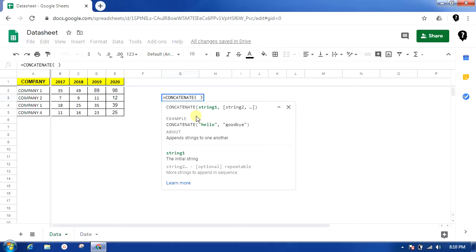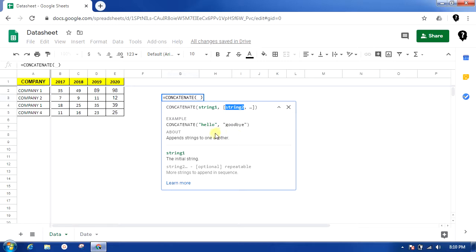Now see here, it has given us the prompt that it requires string 1, string 2, and whenever you see this way in the bracket, string 2, comma, dash dash dash, that means there is no limit, it keeps on appending strings one after another.